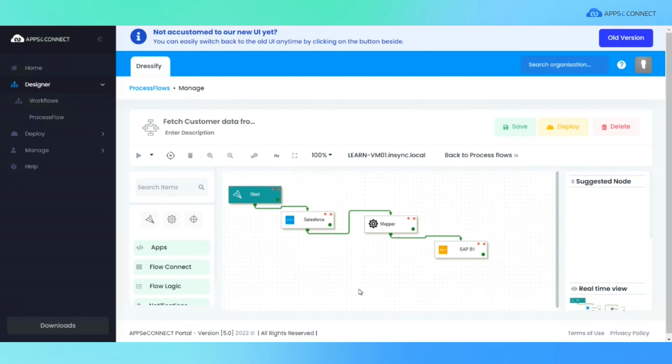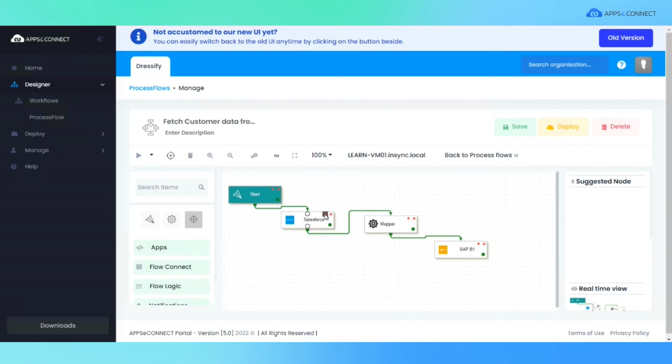For example, you need to adjust your Salesforce configuration in APPSeCONNECT. In such a scenario, either you might need to change the way your data is getting filtered, or maybe you want to configure one of your APIs from scratch. Let us see how you can do that. Let's take an example where you want to fetch account IDs of a specific customer who has ordered products from Salesforce. So for that,